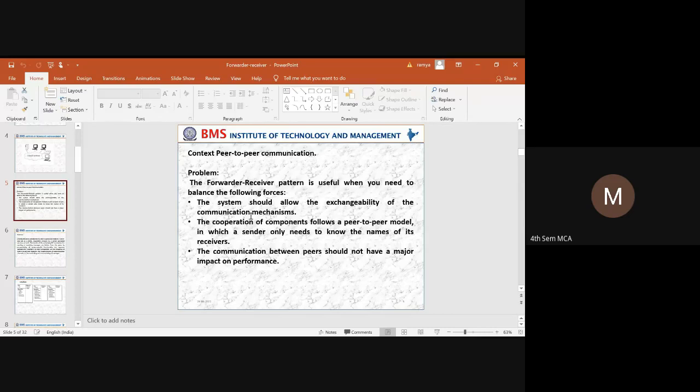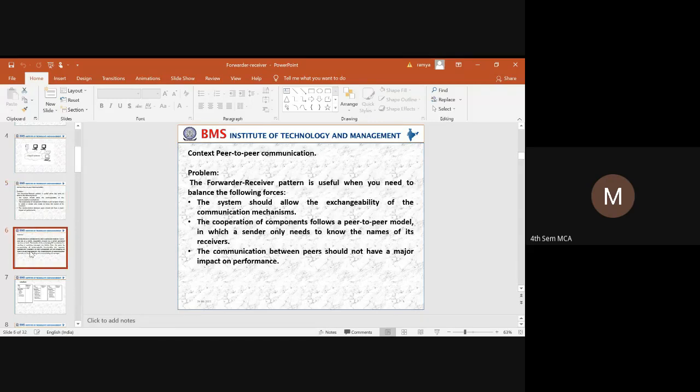All the components that depend on communication should cooperate with each other so that the sender only knows who the receiver is. And next, the communication between the peers should not impact the performance.